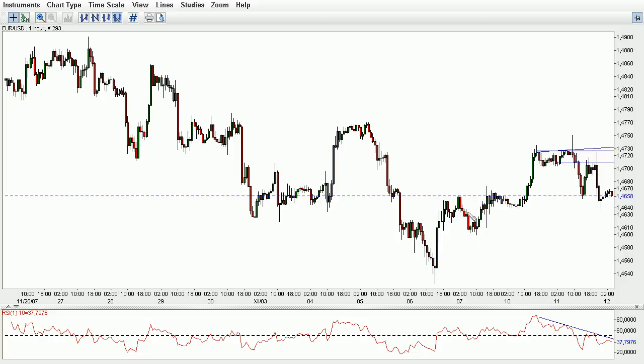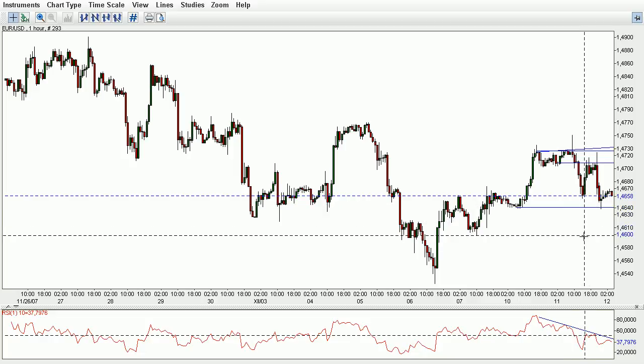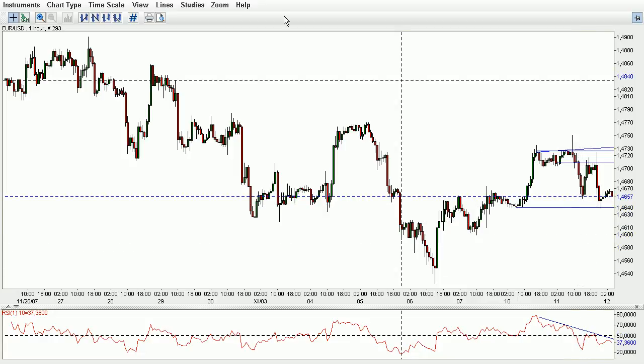So what we might expect to see is probably more gains for the sellers, and more selling pressure. If the price dips below this level here, which is our first support zone of 1.4640, which is just 18 pips below where the price is right now, we might see more declines to the downside to our next support zone at